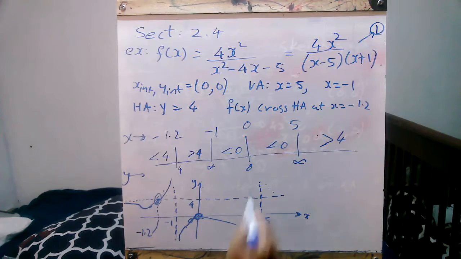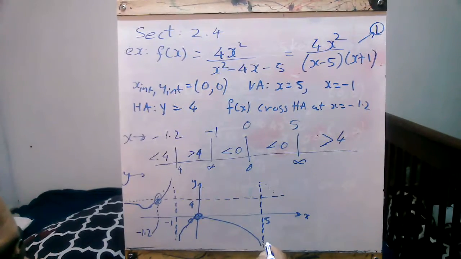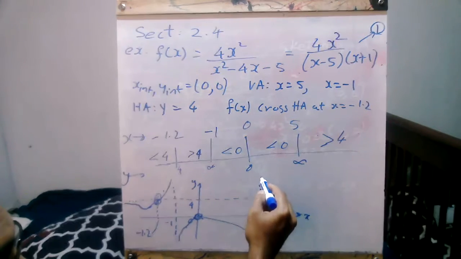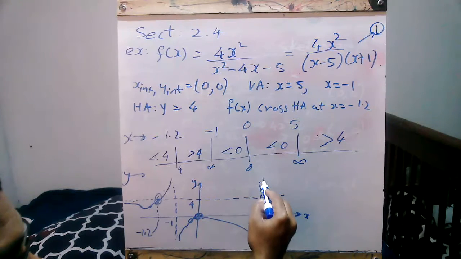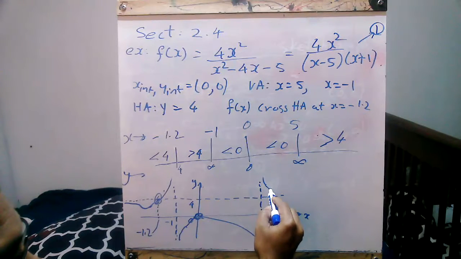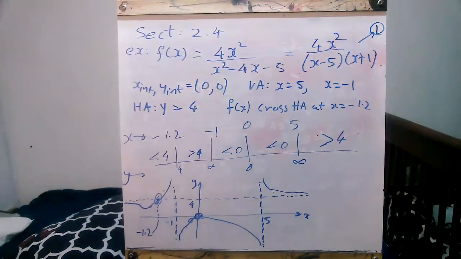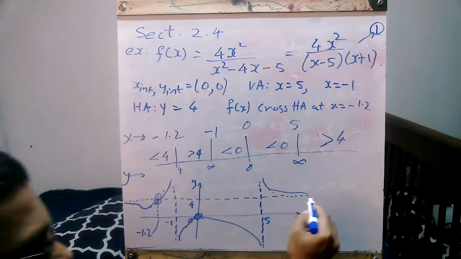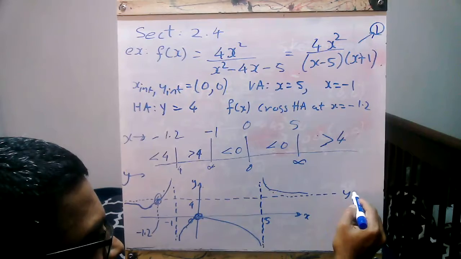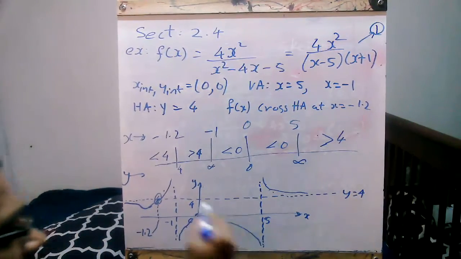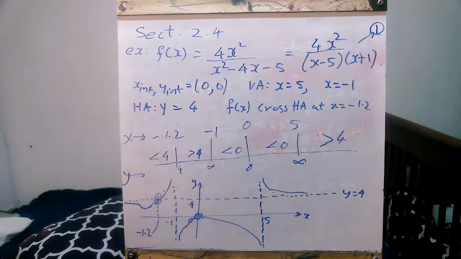That means this graph cannot come in this way. Instead, the graph should come in this direction, and since this is a horizontal asymptote, it should go parallel to this, meaning getting closer and closer to the y equals 4 line. This is the y equals 4 line. This is the x-axis, this is the y-axis, right? So now